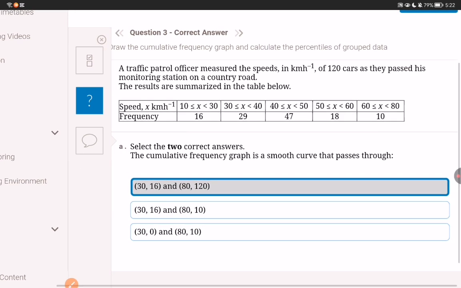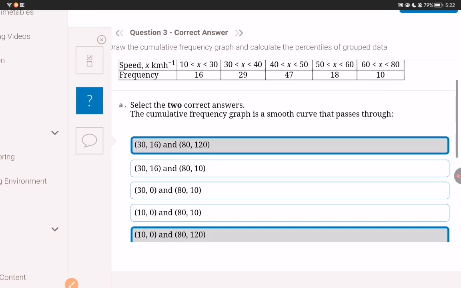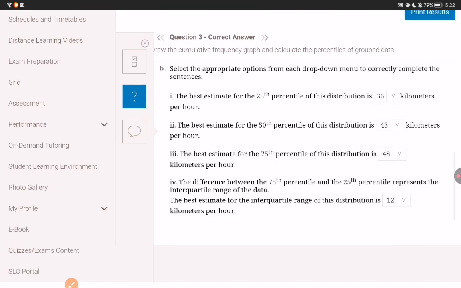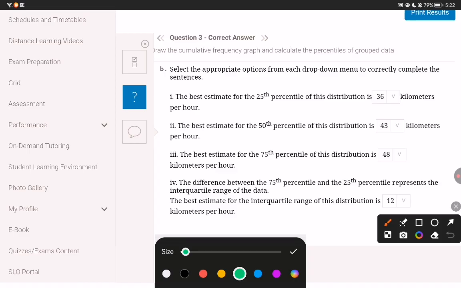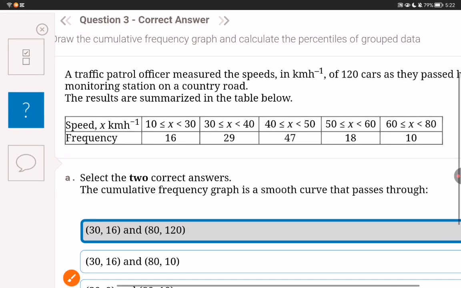Now this is the same concept, okay? And then you have percentiles. I think you guys got the concept of the first part, so I'm just going to do part B. Okay, so I'm going to draw the curve. Wait, I need to have the values. So 10 is going to be 0, an x of 10 is going to be 0, and then 30, 16; 40, 29; 50, 47;